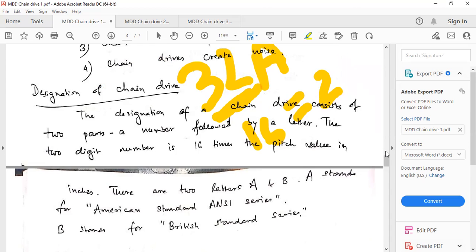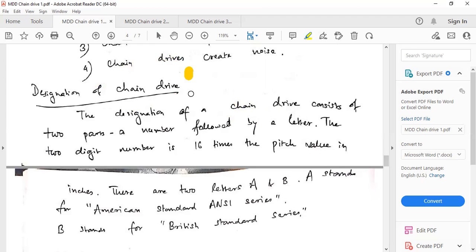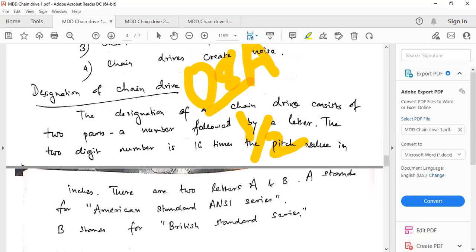So similarly, when we have 08A or 06, whatever we have, 08A, then the pitch will be 8 by 16, that is 1 by 2, 0.5. Then just divide this 8 by 16, that is 1 by 2. Okay, so pitch is 0.5 inches. So whatever value is there, this value has to be divided by 16 to get